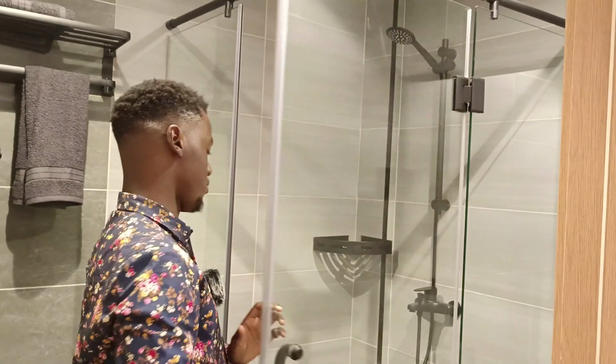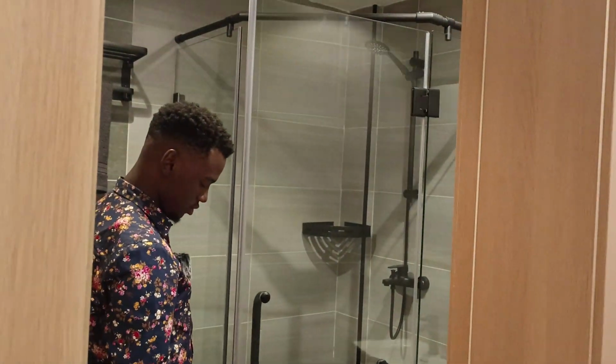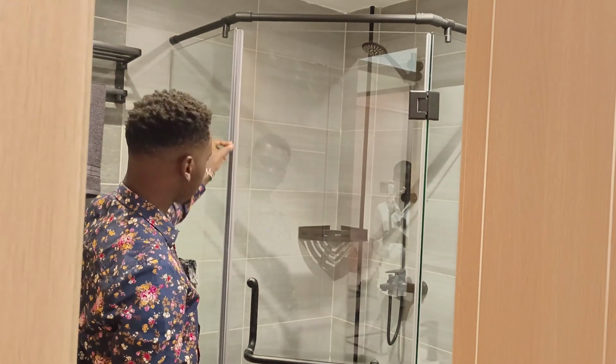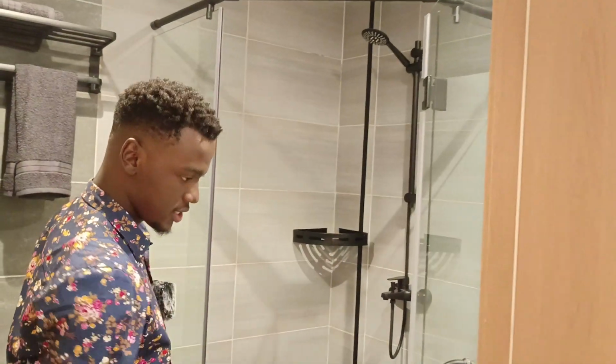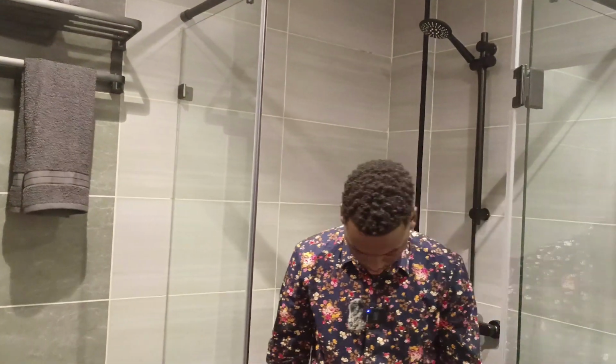Now, this cubicle over here, and these doors are very perfect. Look, the opening of this door is soft. See, it has the rubber silicone here, and if you want to open it completely wide, it stays there. So if we enter this cubicle,